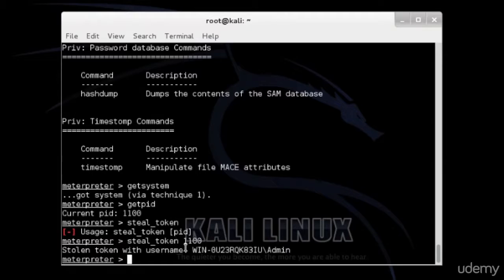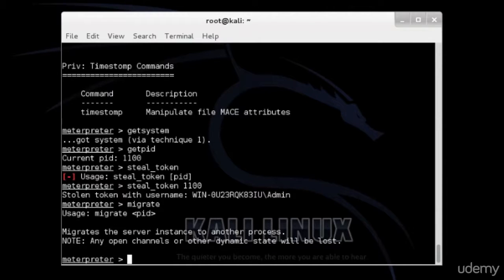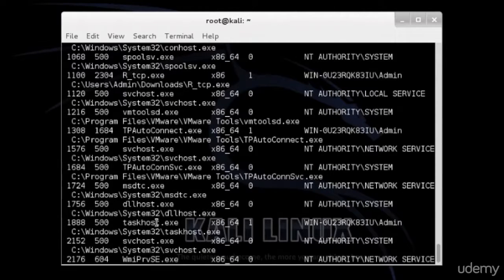Now another important command here is migrate. I mentioned that a little earlier. Migrate will ask me one more time for a PID. So what's happening? Well, now that I'm running on PID 1100, you saw I just did that. Let's check what we have on the Windows as processes. So for PS, this is my ID 1100, and it's for the payload that has been sent to the victim